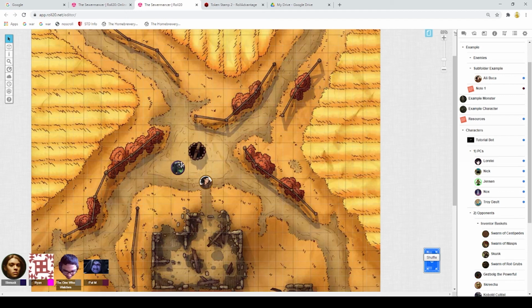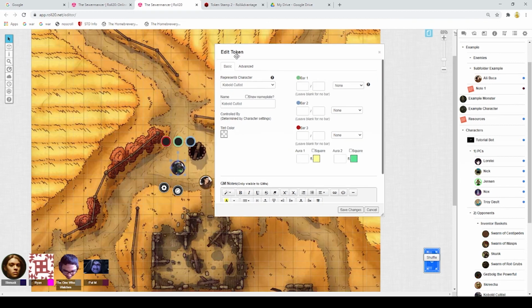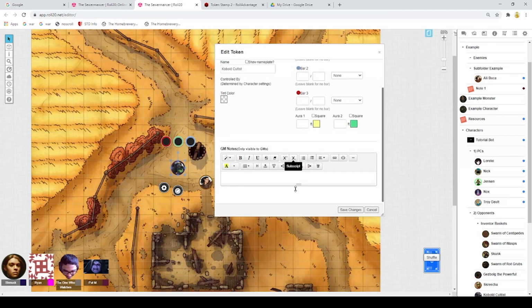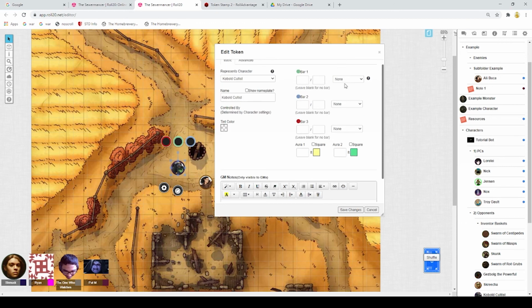Additionally, on these tokens on the screen, sometimes you've seen us pop up, open them, and edit certain things about them. To get to this screen, you can double-click the token, and it'll show you the character it represents, the name, and the values of the various bars and the auras. For the players of your campaign, this will be greatly reduced. It won't have the represents character, the GM notes, and it won't have these little bars next to it. However, these little bars are very, very useful,